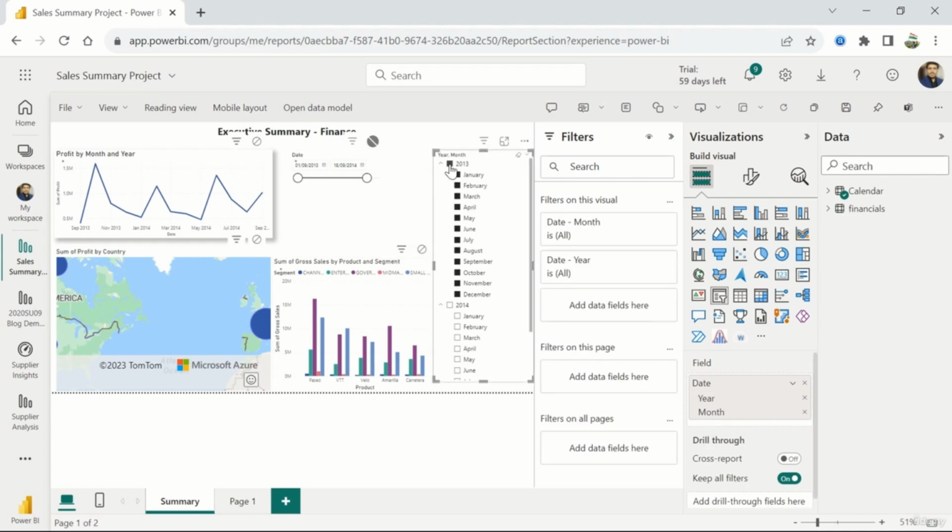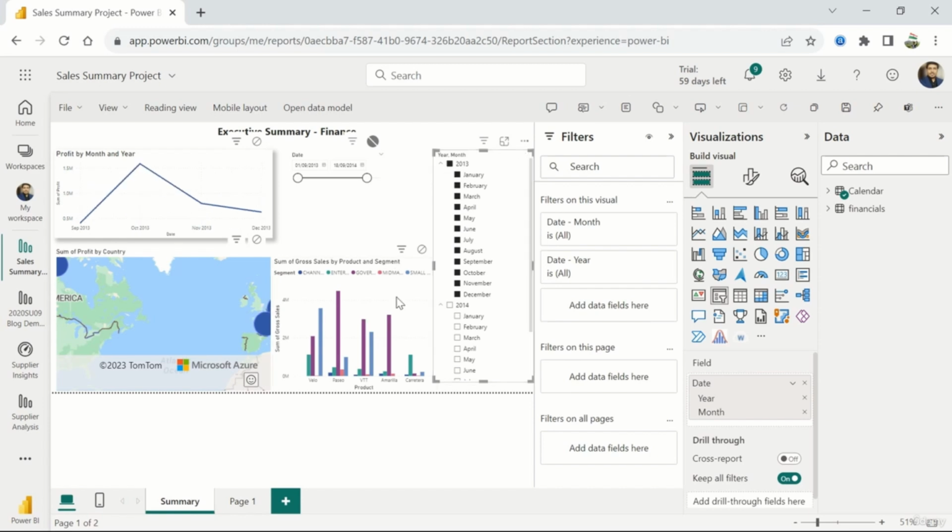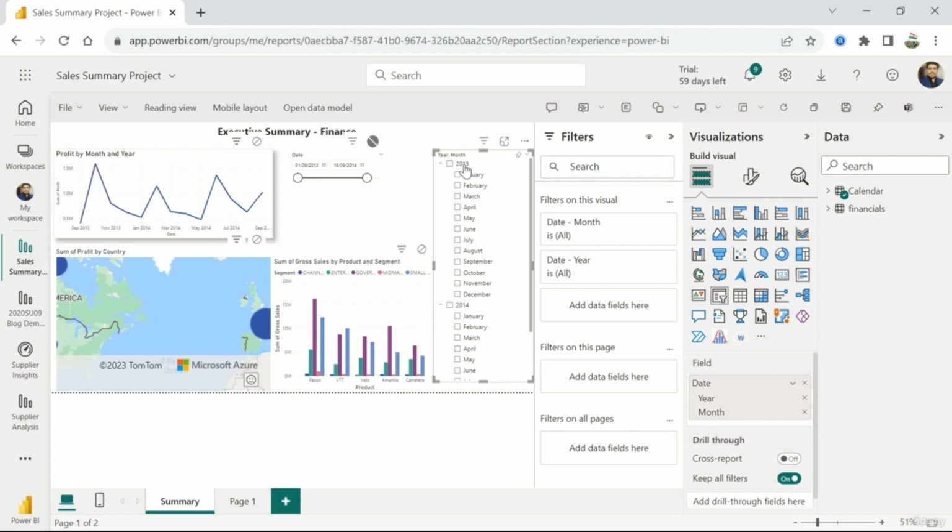So now if you choose 2013, you see that this chart is still based on this particular slicer. And if you even want to disable that, you can simply click on none. Now if you change any filter, this particular chart will not update. So this is the beauty of changing the interactions, and this is very, very helpful in many scenarios that a